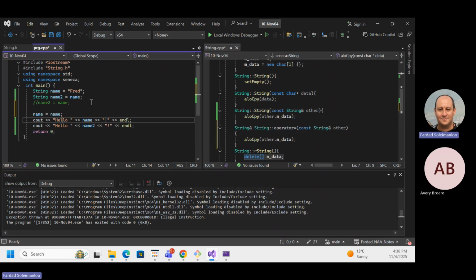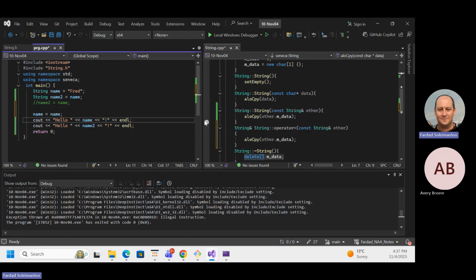Right? That's going to screw everything up, because when you are copying, you're going to delete, and after deleting, it's going to hit the fan, right? So for that, I have to make sure I'm not copying myself. For copy constructor, it's impossible, because you are building a new object out of another one. You cannot copy something out of itself. But for assignment operator, you can.